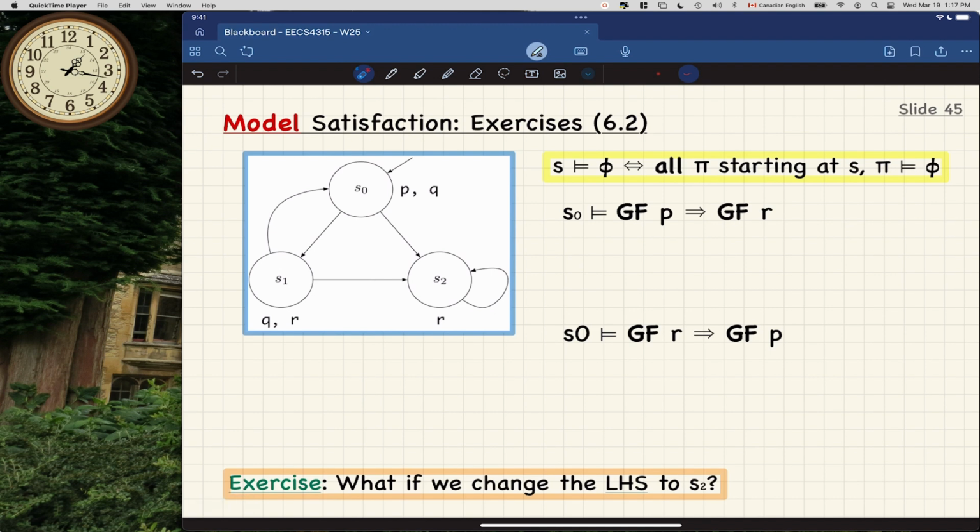And let's take a look at this one here. Okay, I'll give you some time to actually think about at least what this satisfaction is trying to do. It's like an implication. We're saying that if infinitely often P, then infinitely often R. That's what I'm saying. It's an implication, so there are different ways for you to show it. If you're able to show that, for example, maybe the antecedent is false, you got it. Or if you're able to just show that the consequence is actually true, you also got it.